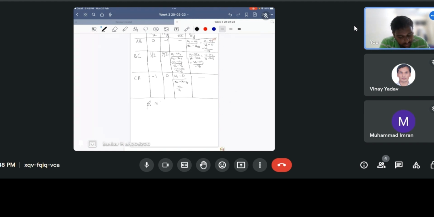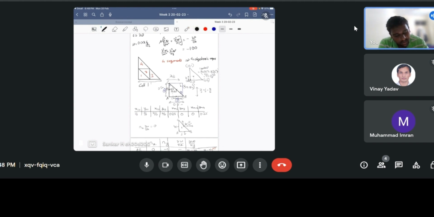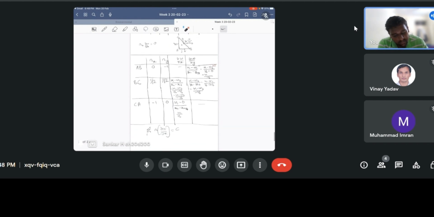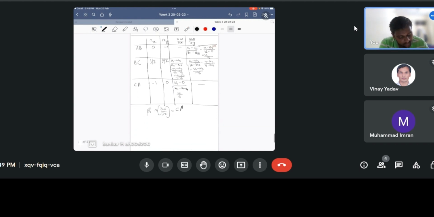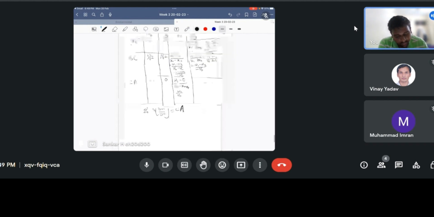Now all we need to do is summate over all i, ni times dou w by dou xi, and this has to be dot-producted and equated to the pressure gradient, the constant that we have written in the earlier case, which is minus 1000 actually. So we just have to equate it to this times the area. So when we do that, we'll get